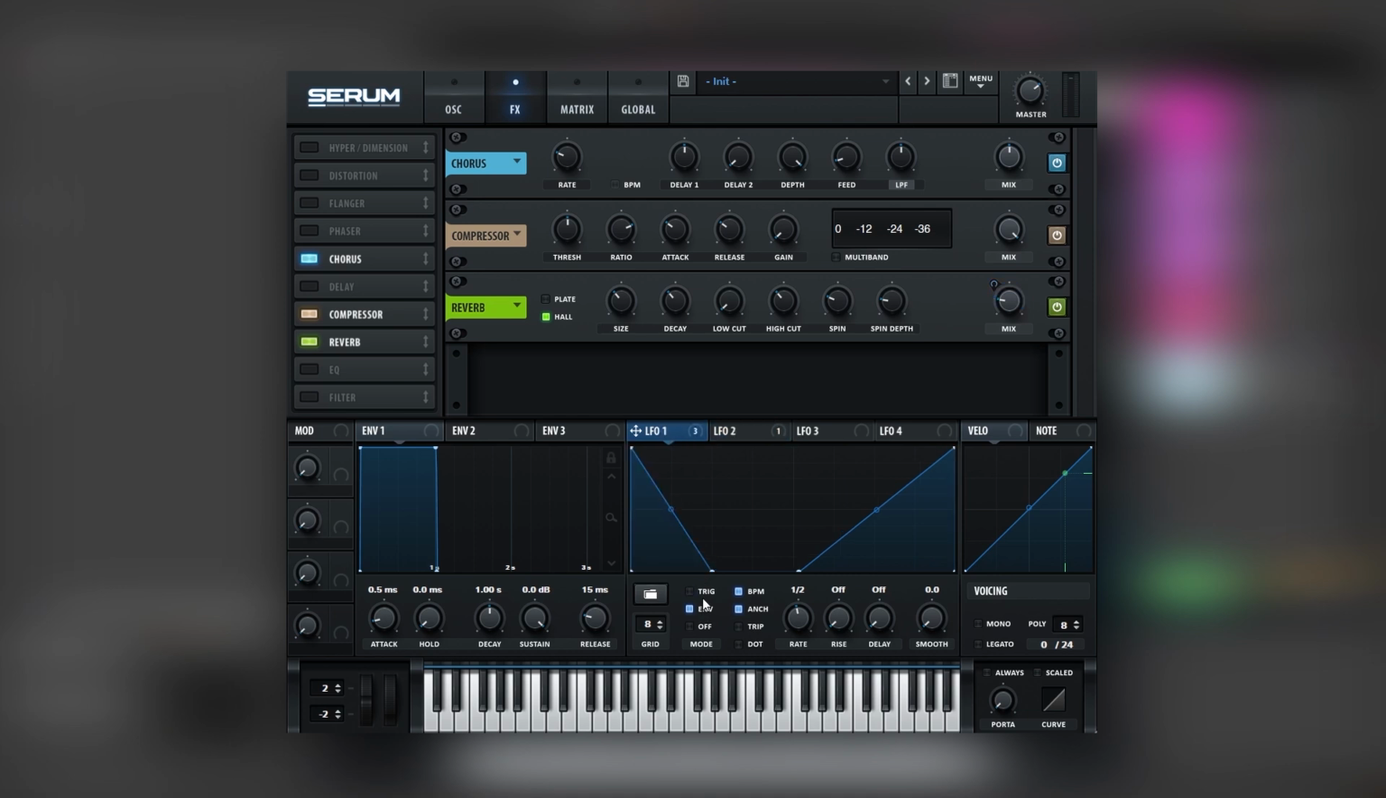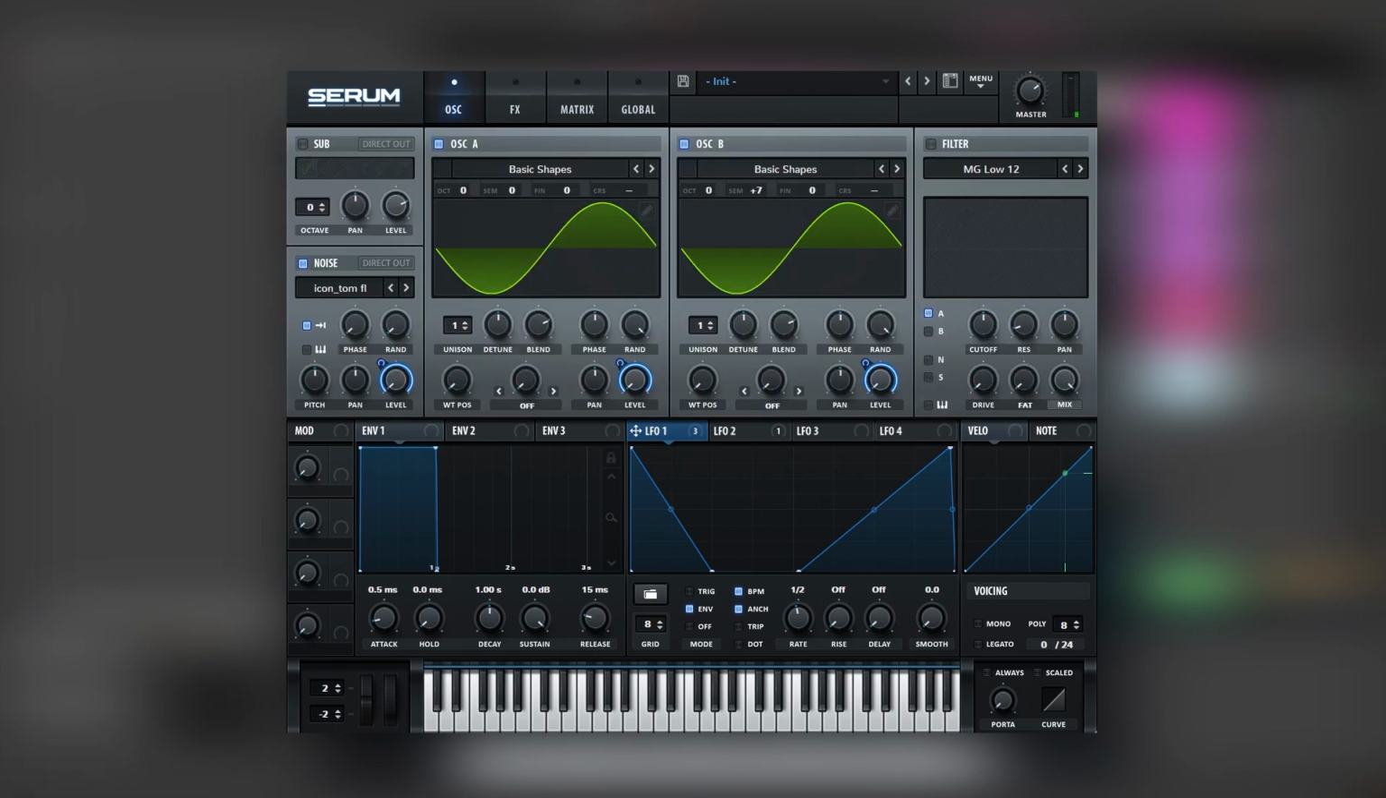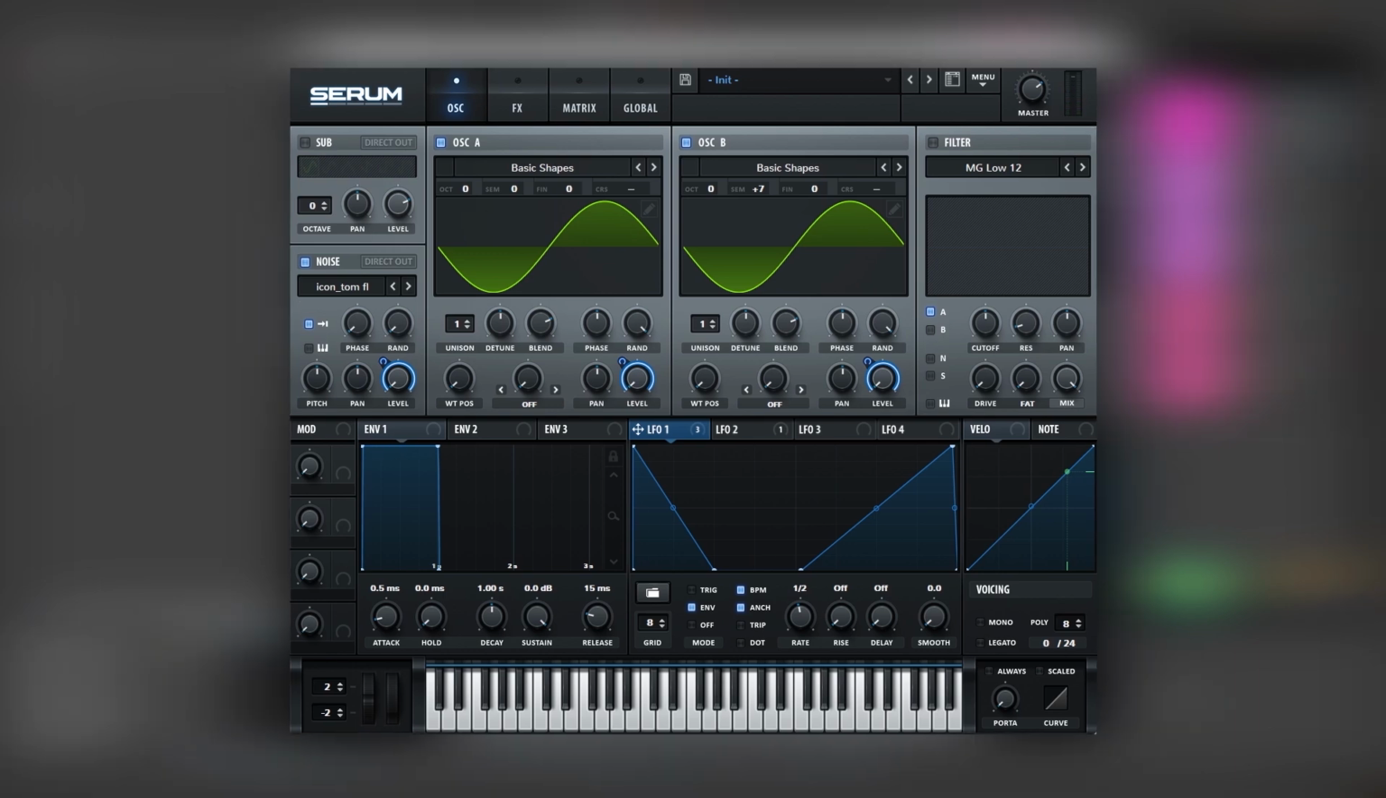Make sure all of the LFOs are set on envelope actually. And do the same with the ending point. And so now our full sequence sounds like this. And if we play it on top of the original,